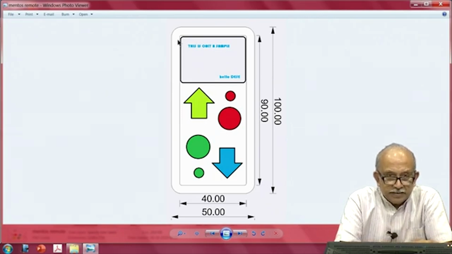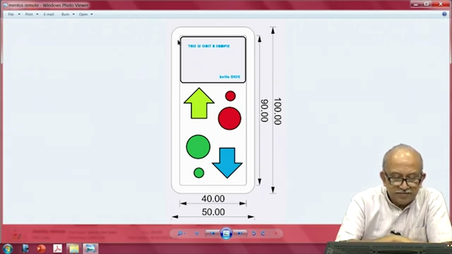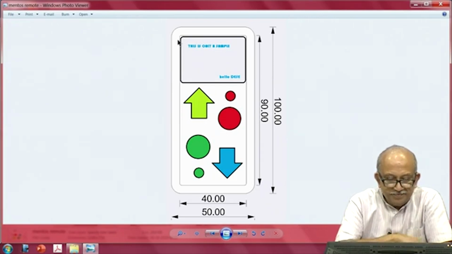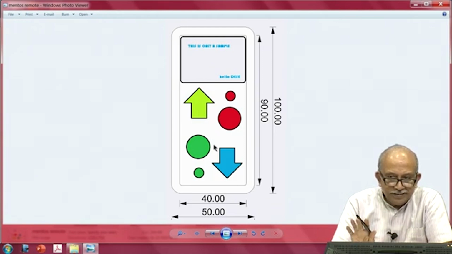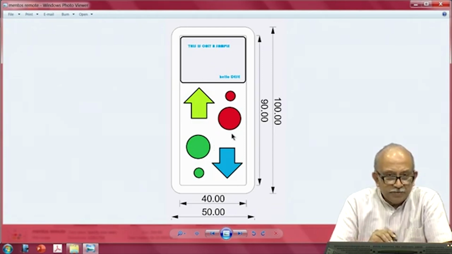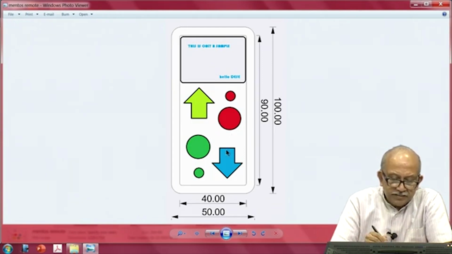I can probably make a cutout here, and in this case I have added all these things. Do not ask me what they are, just random. Right now at the moment these are not likely to make any sense at all, except there is an arrow, we all know what it is, and then instead of saying increase and decrease, I am sure